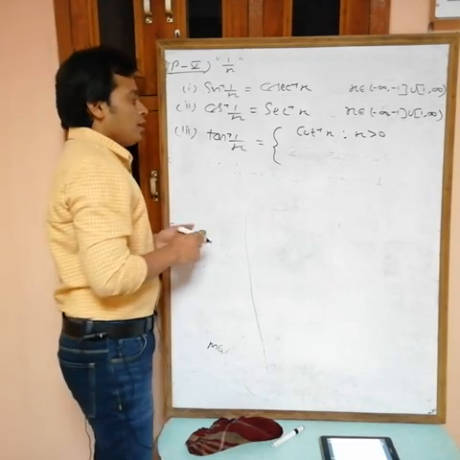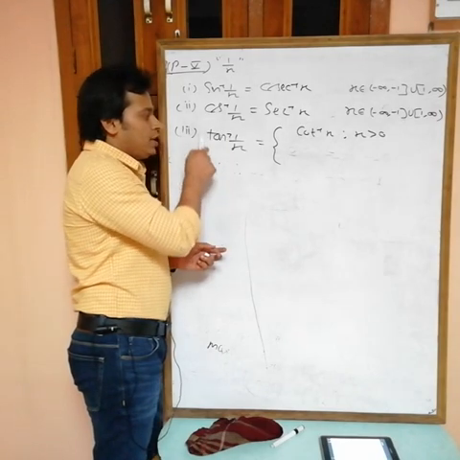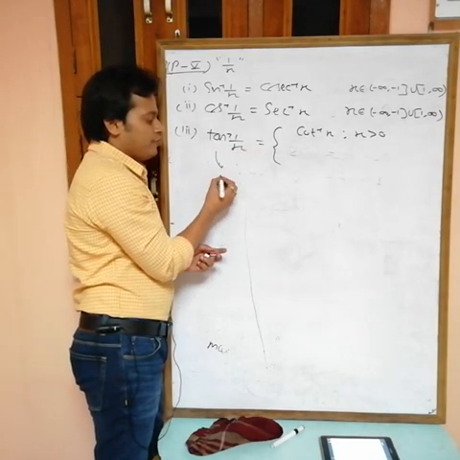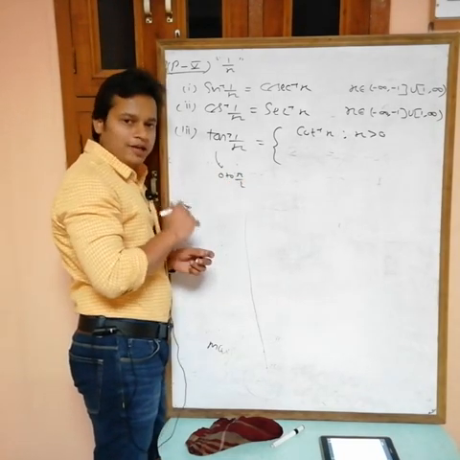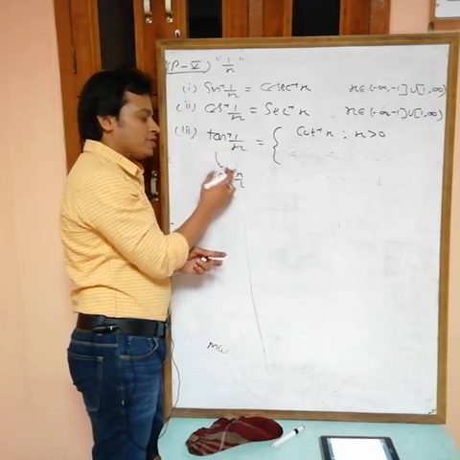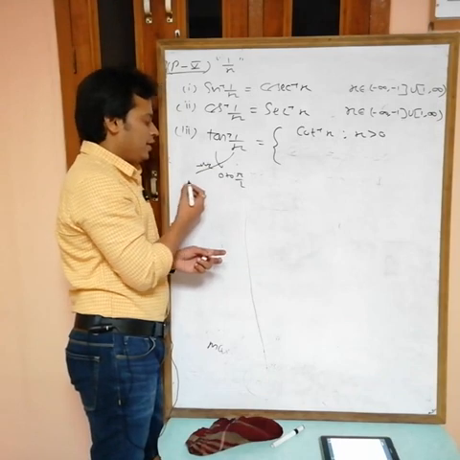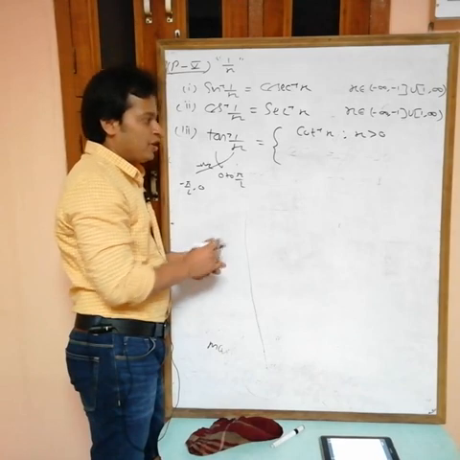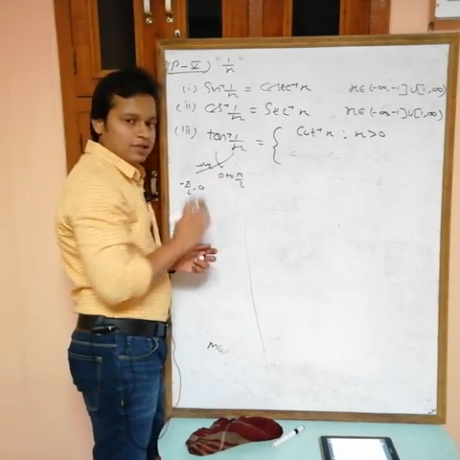Okay, see now, if x is positive, then tan inverse 1 by x is also positive, and the value of tan inverse is from 0 to pi by 2. The value of tan inverse is minus pi by 2 to plus pi by 2, but when this one is positive, then tan inverse lies in this interval. If 1 by x is negative, then tan inverse lies in the range minus pi by 2 to 0. If negative, then tan inverse is negative. If positive, then tan inverse is also positive.